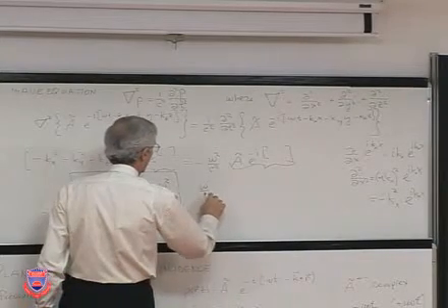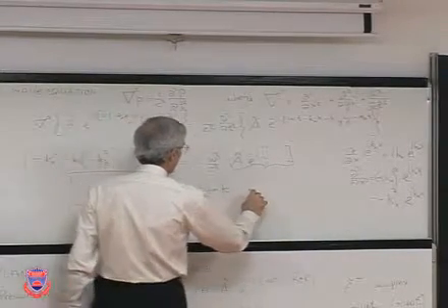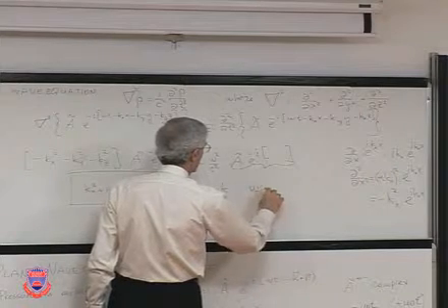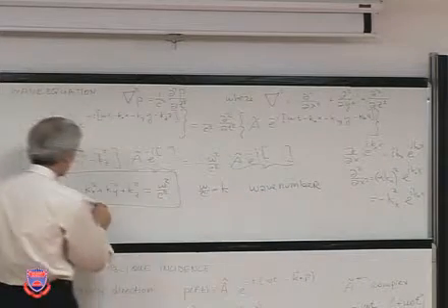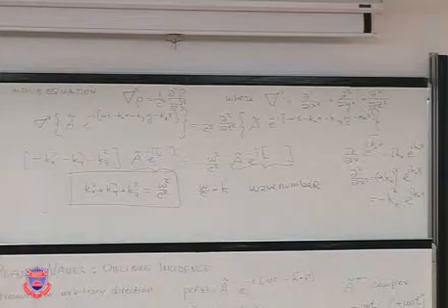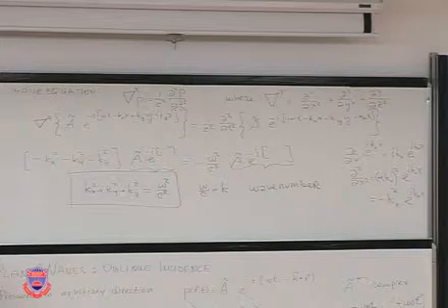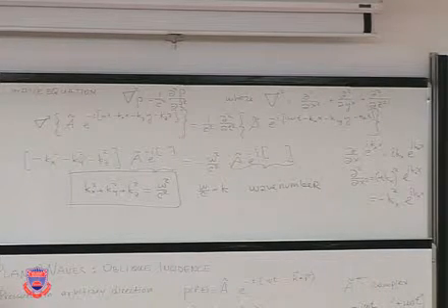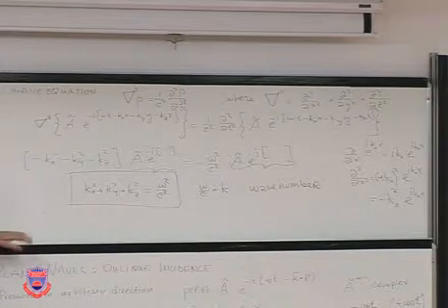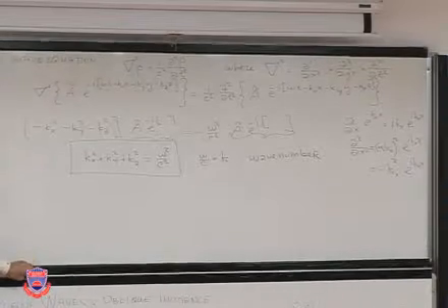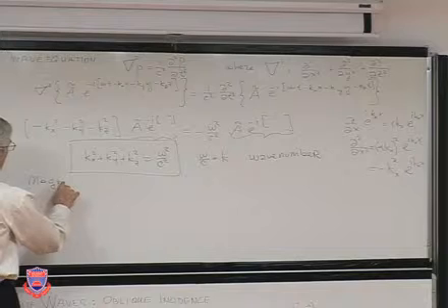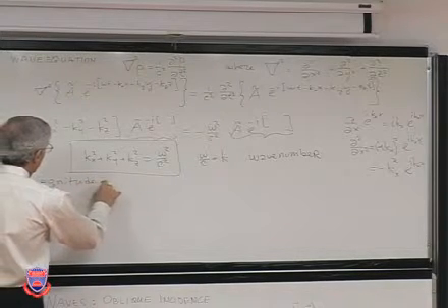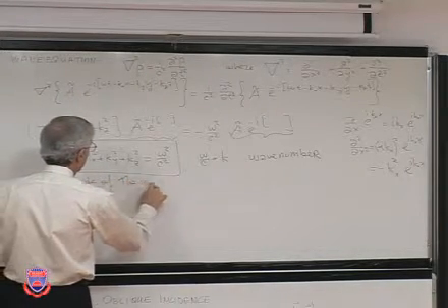And omega over c is often called k, the wave number, with the components in the x, y, and z directions. So the magnitude of the wave number